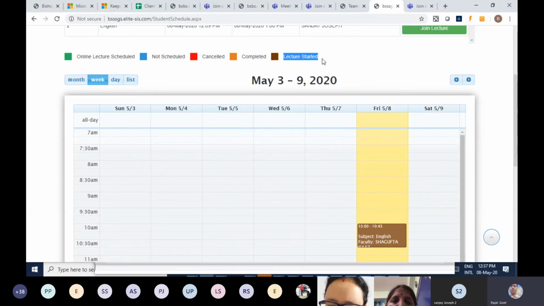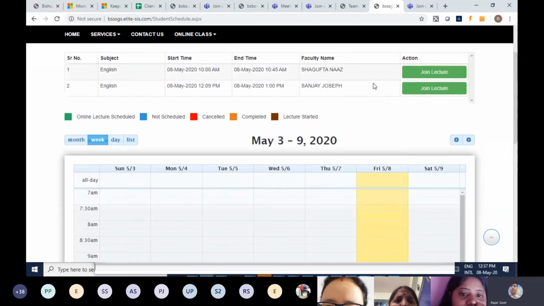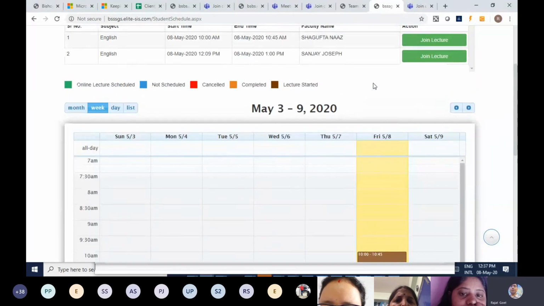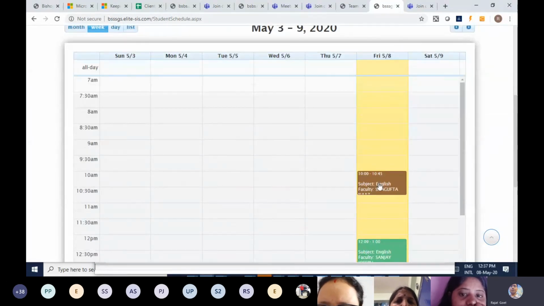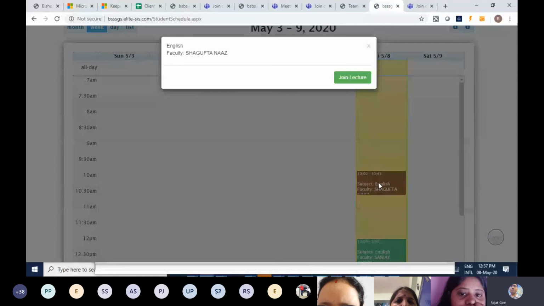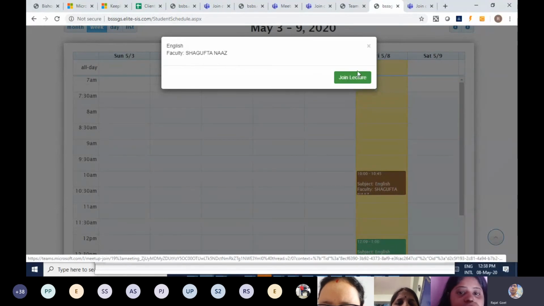So the student and the teacher can all know that a particular lecture has been started by the teacher. If it is in the dark brown state, the student knows that the lecture has already started and the student can join. The student can join by clicking on this join lecture button, or by clicking on this particular slot also. This pop-up comes and you can join the lecture from here also.